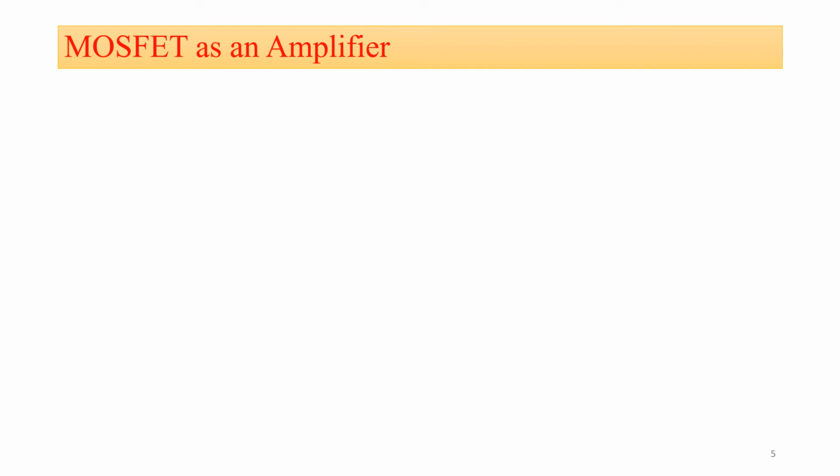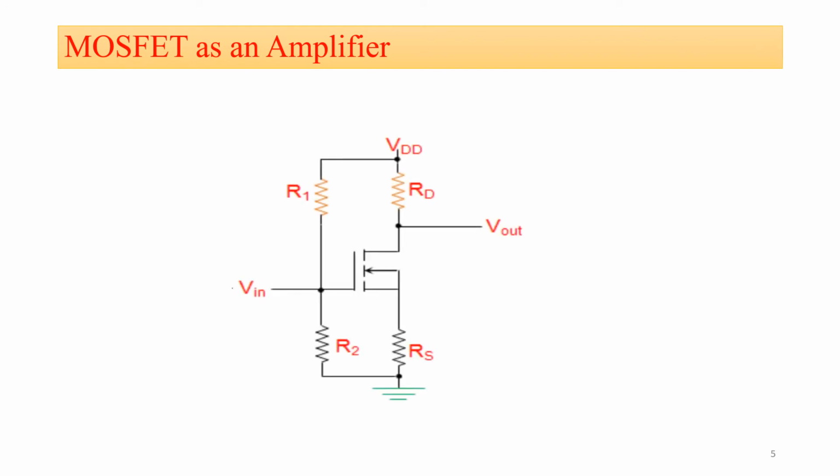Now the last application of our MOSFET, that is how to use our MOSFET as an amplifier. The working of MOSFET as an amplifier and the transistor as an amplifier is almost the same. But in case of a transistor, we need to bias our transistor in the active region only. Active region means the base emitter junction is forward biased and the collector base junction is reverse biased. When we bias our transistor in the active region, then due to the high current amplification factor, beta, at the output we will get an amplified signal, meaning our weak signal will be converted into a strong signal.